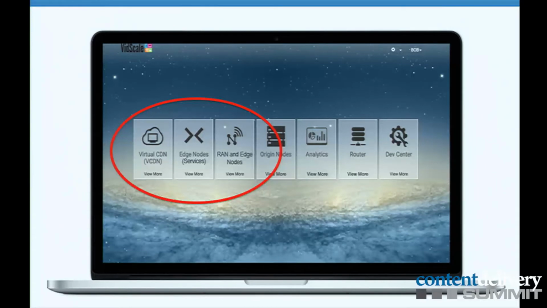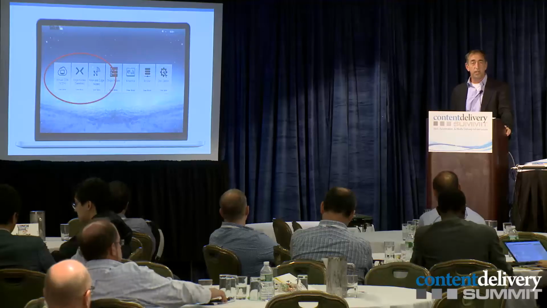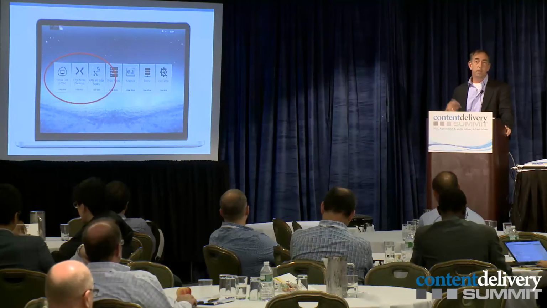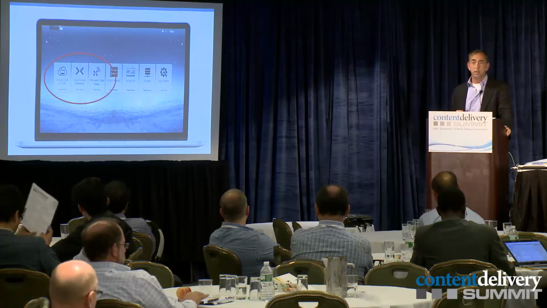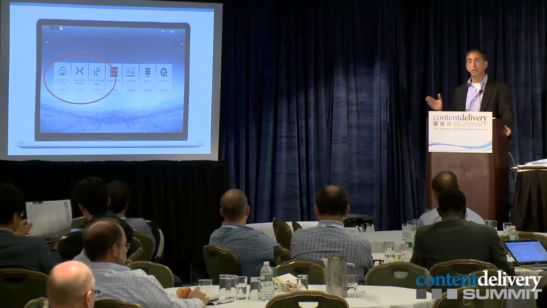And that's that second box there, the edge node services. Once you do that, you can go to what we call the micro edge, or here it's listed as RAN or Wi-Fi edge is what it should say. RAN or Wi-Fi edge, because I don't know if you're in a mobile network or a fixed network, right? And you can take those same services and bring them out to the micro edge.